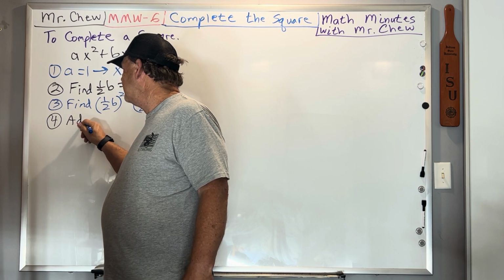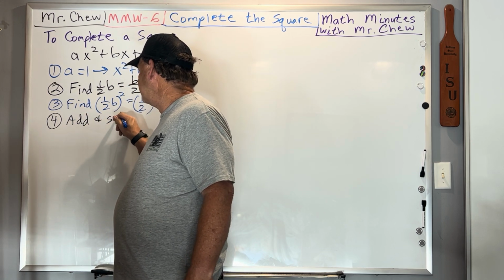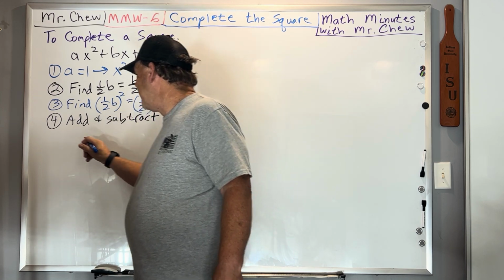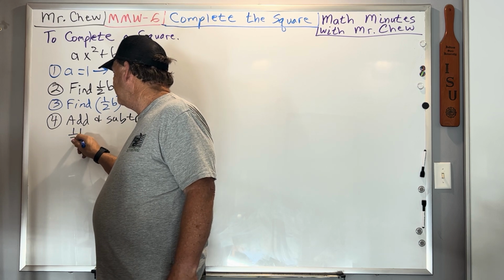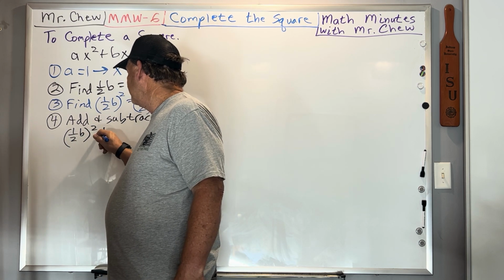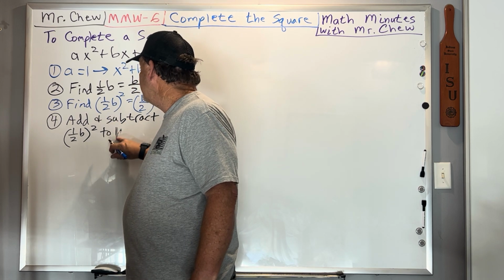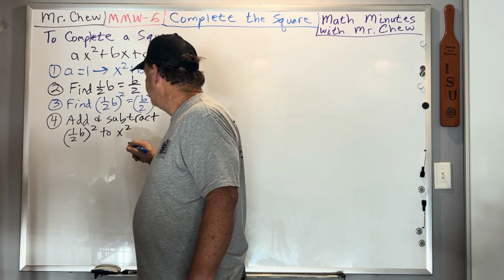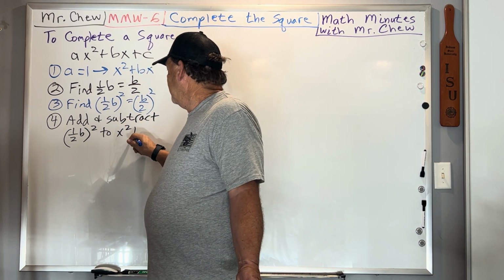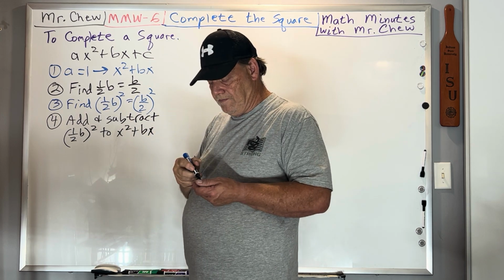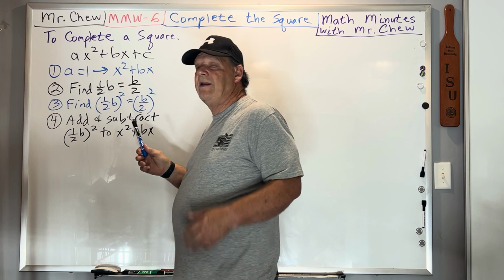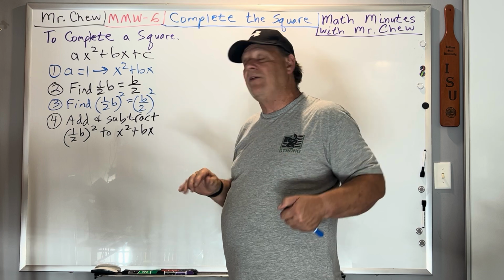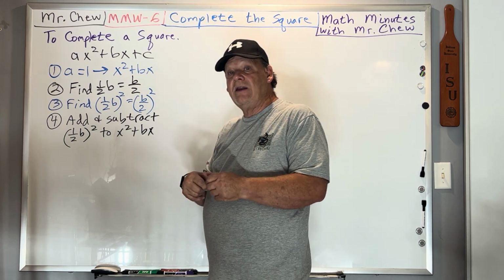you add and subtract this number that you found here to both to the x squared term, to your x squared plus bx term. All right, and the reason you do that, it means that it still equals 0, but you've created a situation now that you can square it, and then